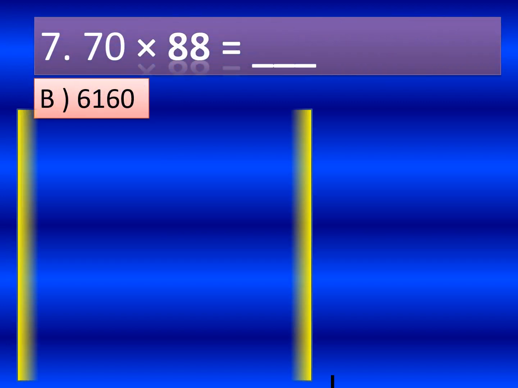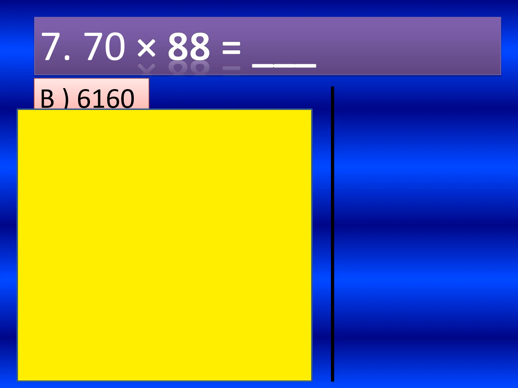The correct option is option B, 6160. Let's see how. First, let us write the places HTO, and then I am considering the number 88 first for convenience. Next, from 70, I am going to take only 7 as there is 0 in the ones place, which will be included in the final answer. So 7 into,